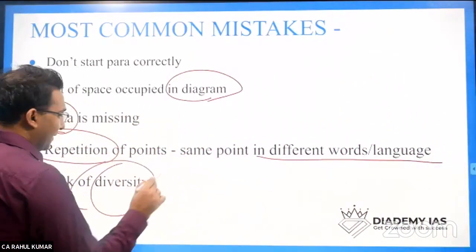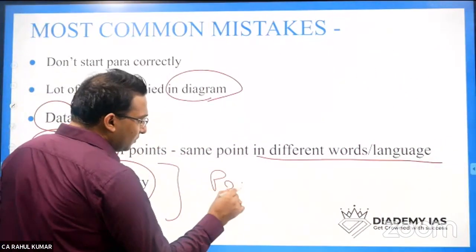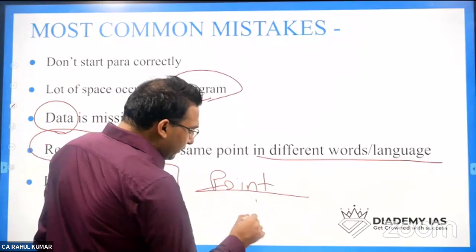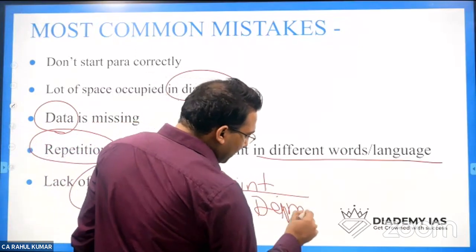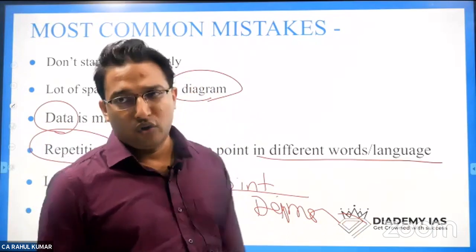Basically what people are doing, they are writing the point from the same dimension again and again. They are basing the different dimension, right? So please write the dimension rather than the point only. Okay,